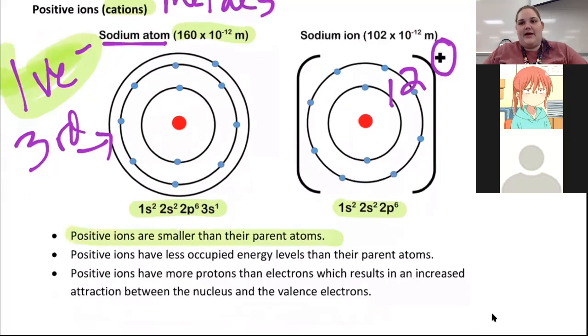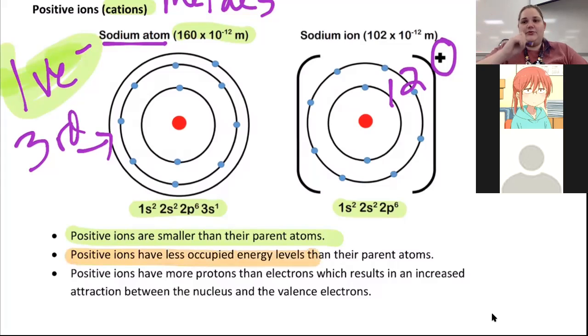than their parent atoms. And parent atom is just the term we use to refer to the neutral atom that it started out as. So it started out as a neutral sodium atom, and then when it lost electrons, it became the sodium ion. So the parent atom is what it started out as before it lost the electrons. Okay. And the reason that it is smaller is because positive ions have fewer energy levels than their parent